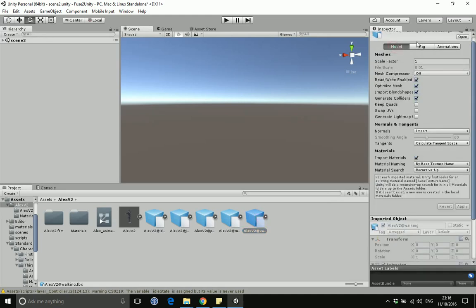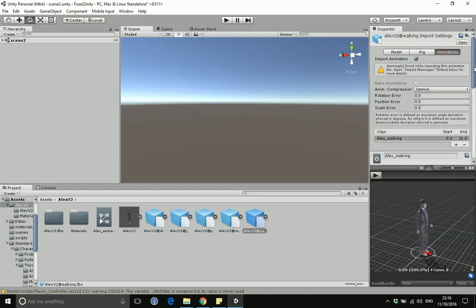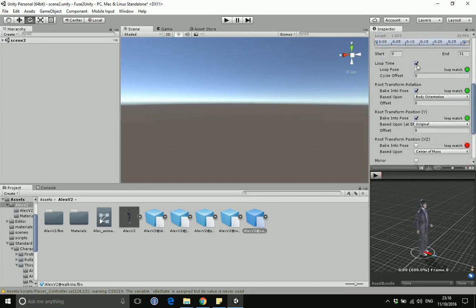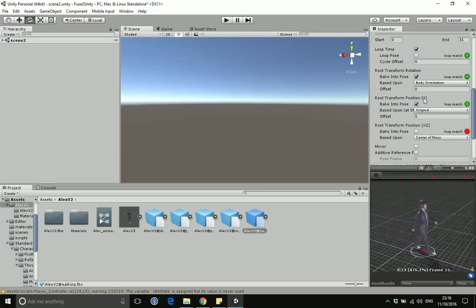Generate colliders, humanoid. I don't want to configure it. Animation, I will just bake into pose. Also loop time, because this is a loop animation, I will check loop animation and I will play it. Here you see the character is moving, and this is a looping animation, so I will check that this is a loop animation. I also bake into pose all the green circle, because